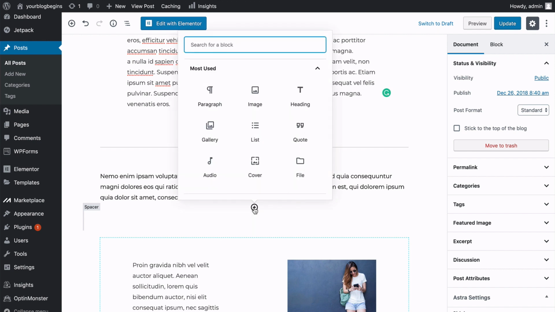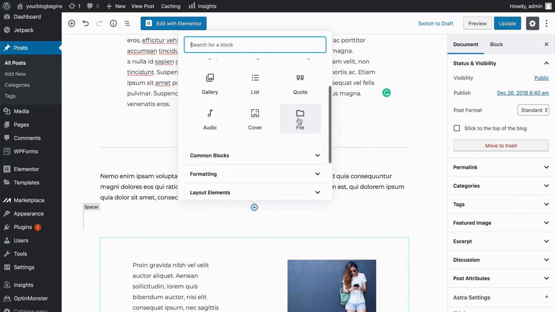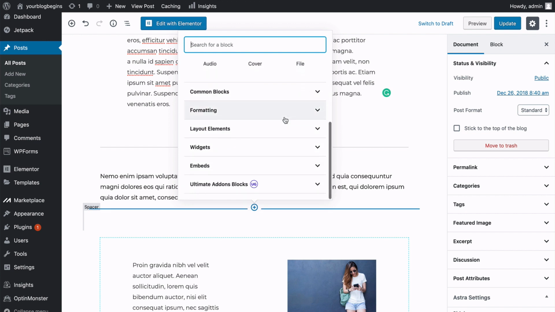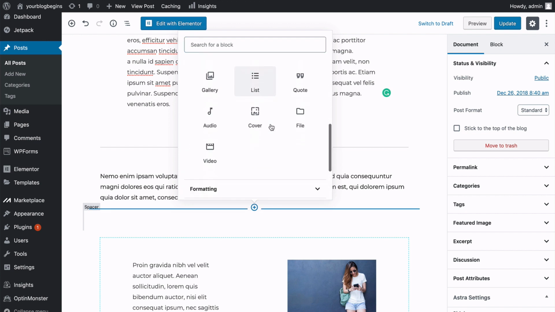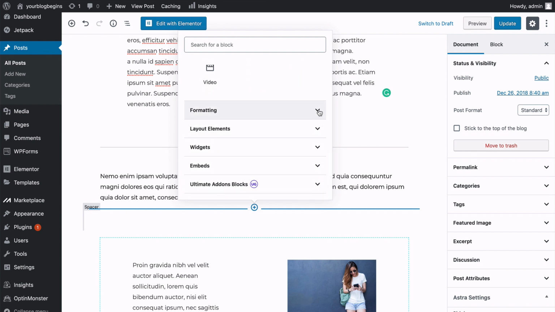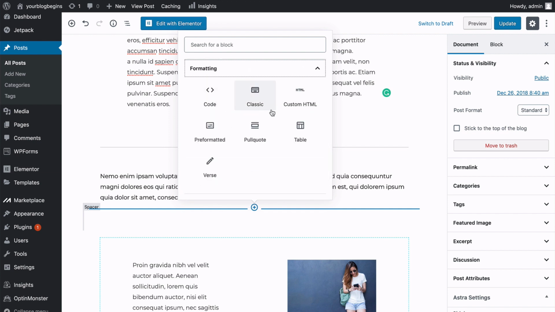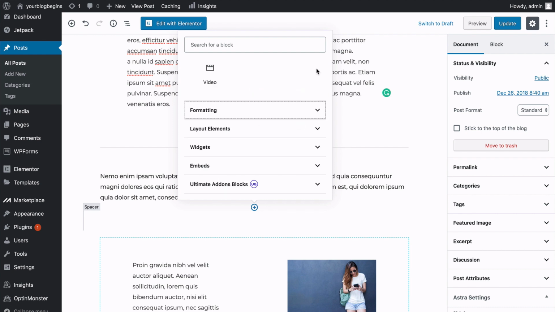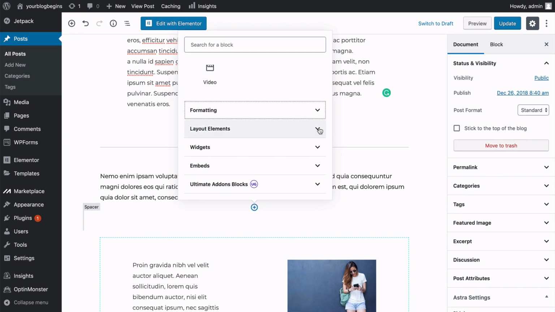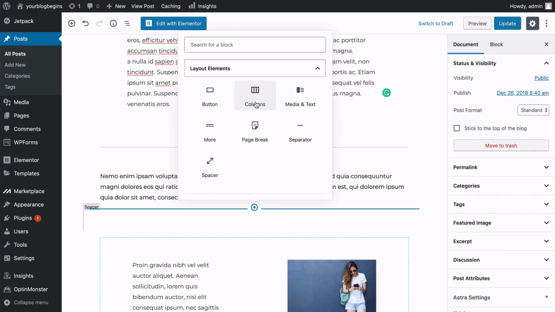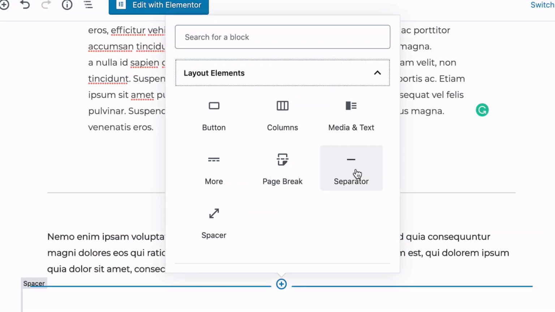So if I click that, you can add in all of these different blocks that come up. So headings, images, paragraphs, a gallery, audio, list, quote. You can even add in a file for people to download. You've got common blocks, which are the ones I just showed you. Formatting, such as code and kind of advanced stuff in there. Layout elements, so you've got buttons and columns and separators, spacers, page breaks,